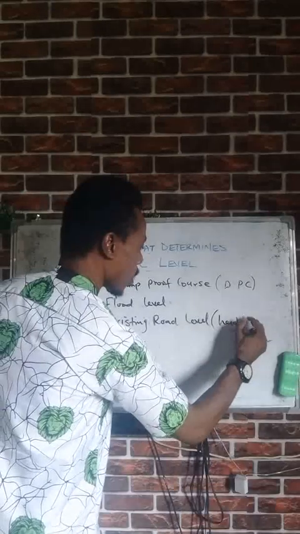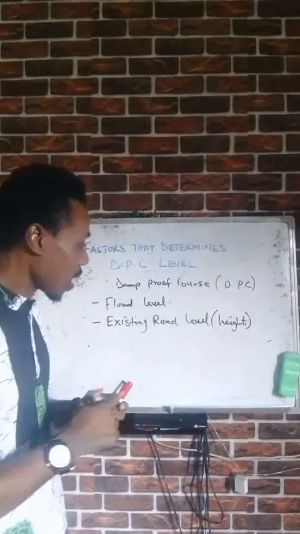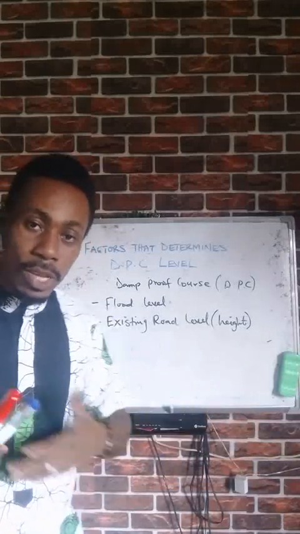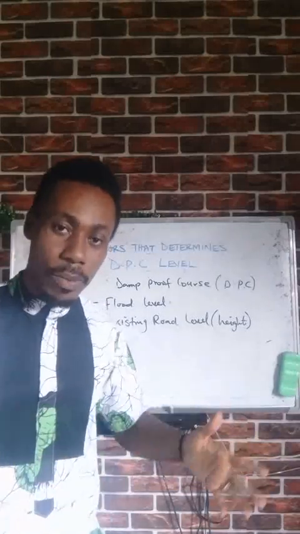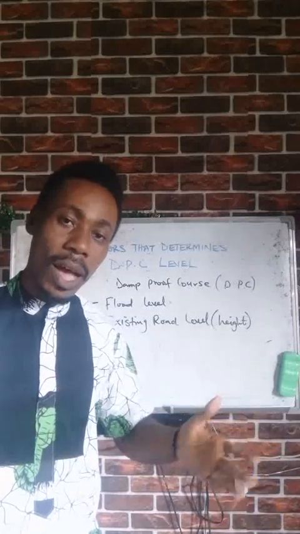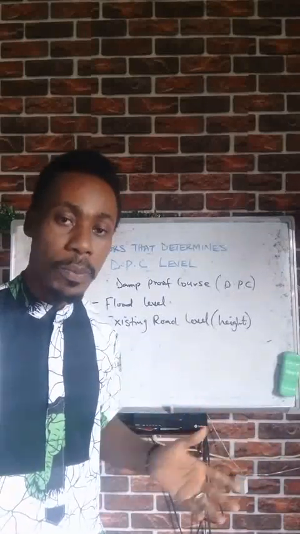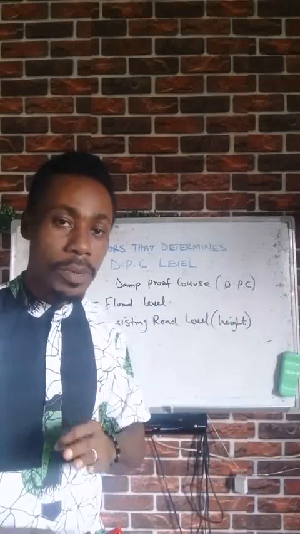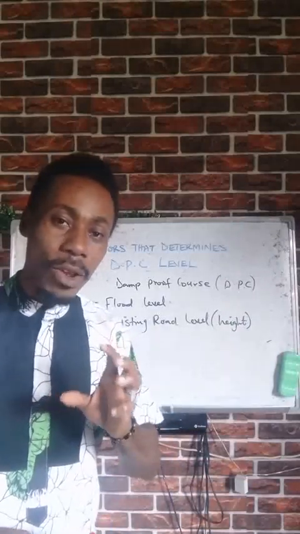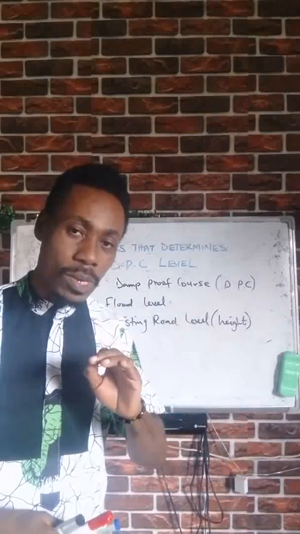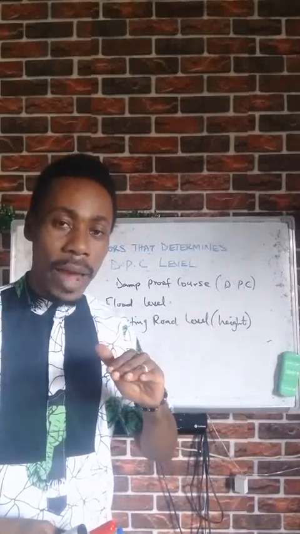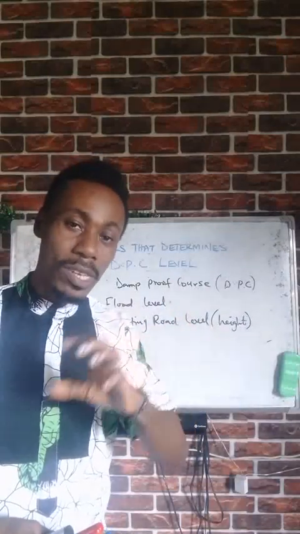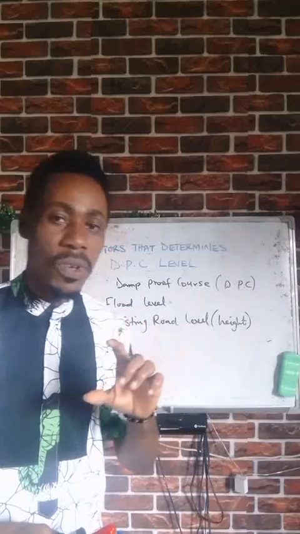Now you see that in areas where we have access roads that pass along properties, it's important before you start developing that property, you do a study, you look at the level of the road. Then you take the height of your DPC to be above the height of